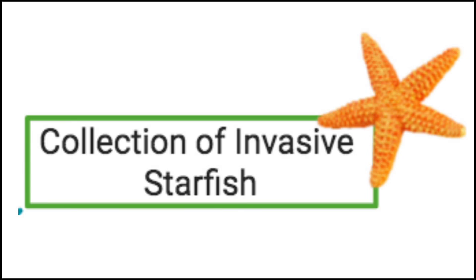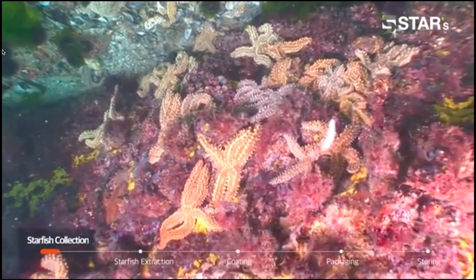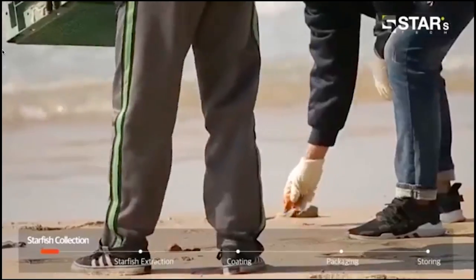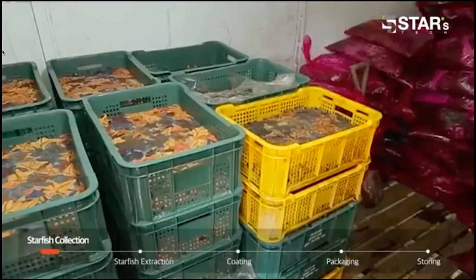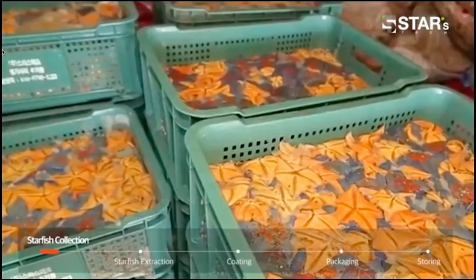Collection of starfish. To ensure efficient production of our collection and use of starfish, we would partner with government agencies and environmental groups to collect invasive starfish from coral reefs. Starfish is a common resource, which is any scarce resource that no one has exclusive claim to. Currently, these groups burn or bury starfish, but by creating a partnership with the government or environmental groups, we would have exclusive access to these resources, thus creating a high barrier to entry and discouraging new market entrants.